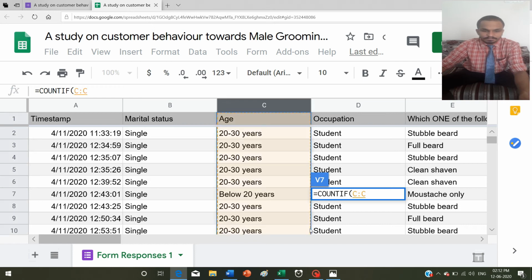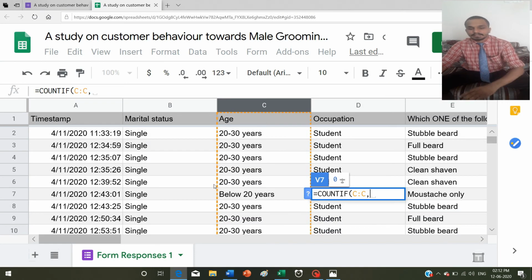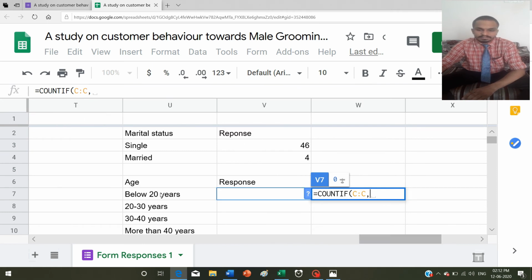Okay, this is the age. I will select it, the range, then put a comma. What I need is the criteria. I wanted to know about people's age, so I will select the criteria.